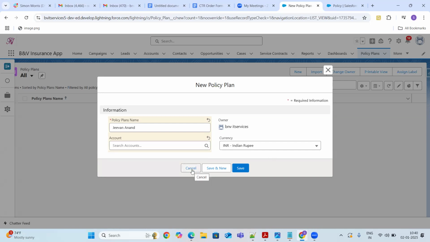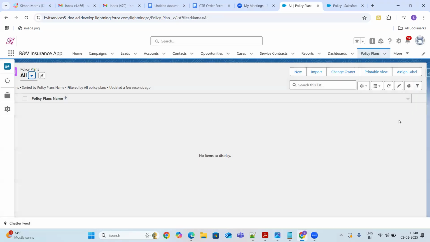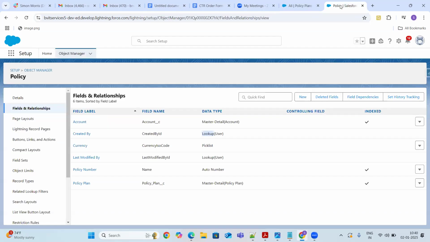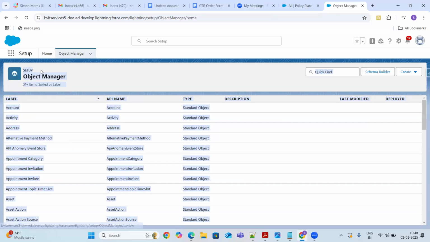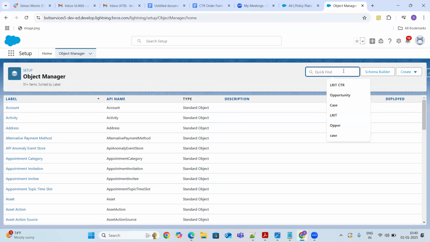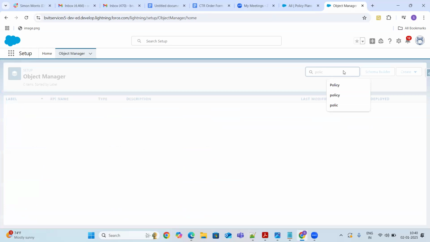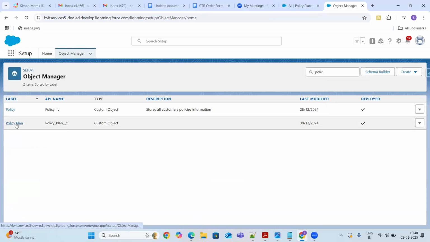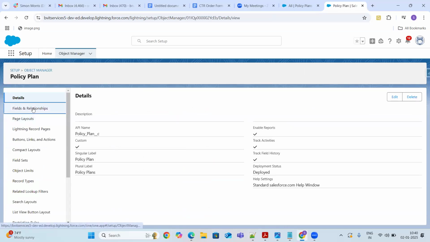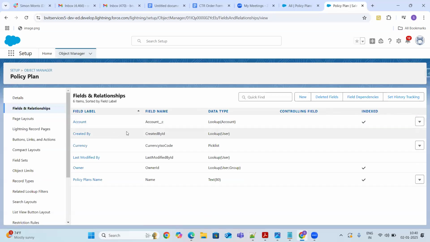I showed this field just to explain the relationship, what a lookup and a master detail are. But basically, if we want to connect two objects with a many to many relationship, we will not have any direct relationship between those objects. In the previous class, I created a lookup relationship just to show the difference between master detail and lookup.